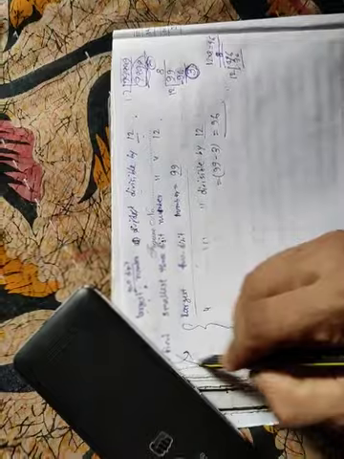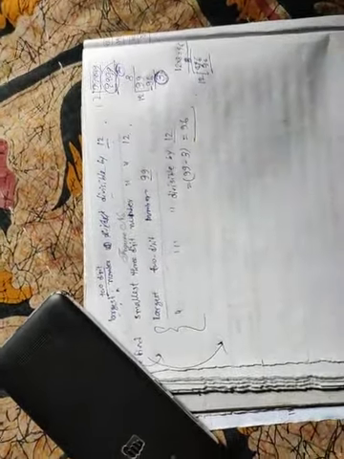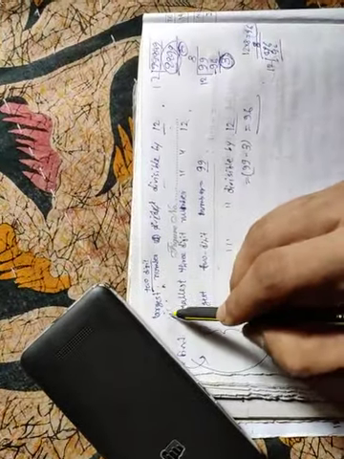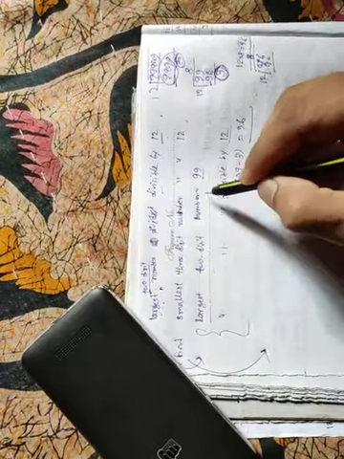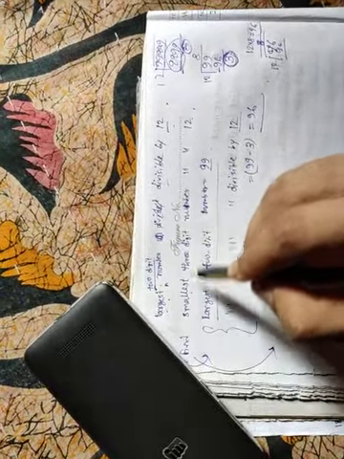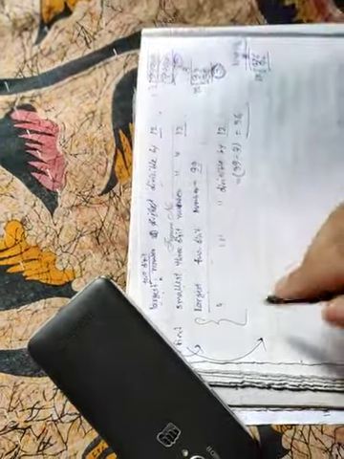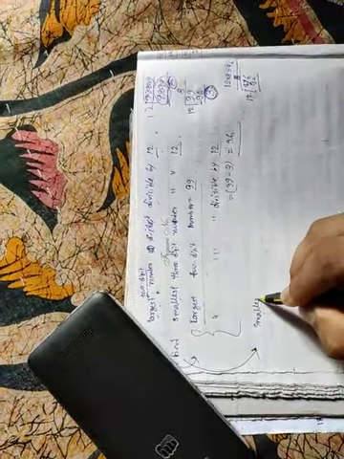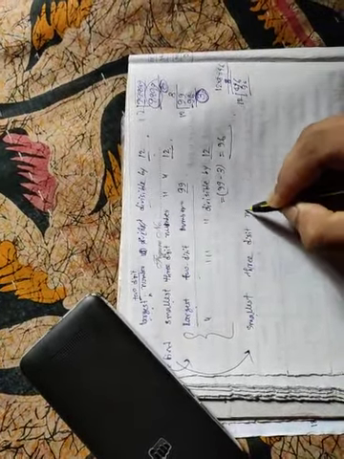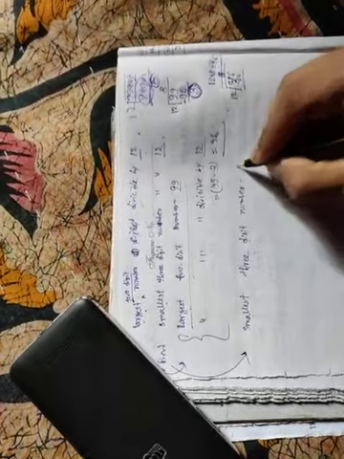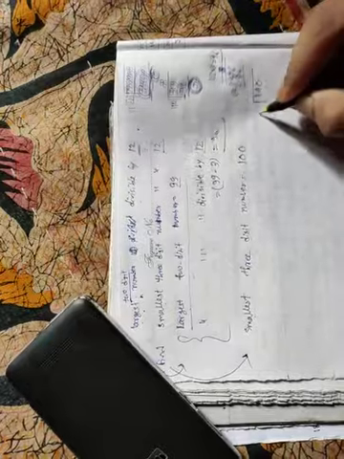Next process: find the smallest 3 digit number divisible by 12. Similarly, if you were asked for the largest 2 digit number, you would write the largest 2 digit number first. As you have been asked to find the smallest 3 digit number divisible by 12, forget this. Now, at first write the smallest 3 digit number. What is the smallest 3 digit number? 100. But you see, is 100 divisible by 12 or not?